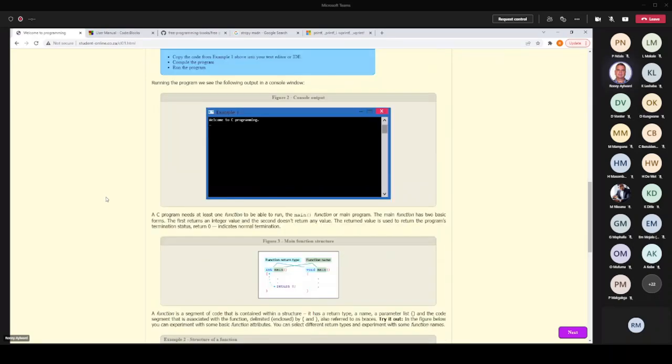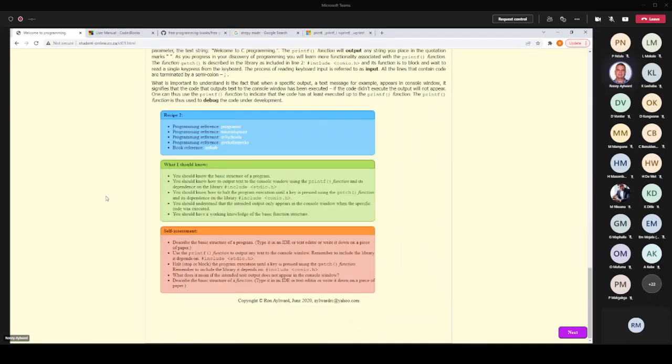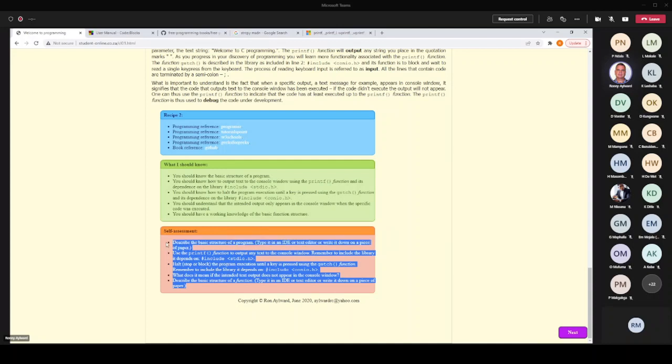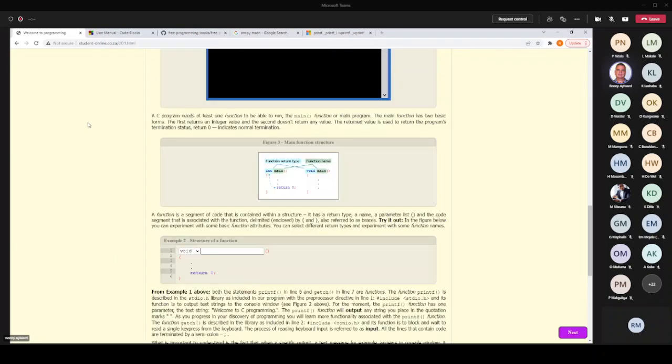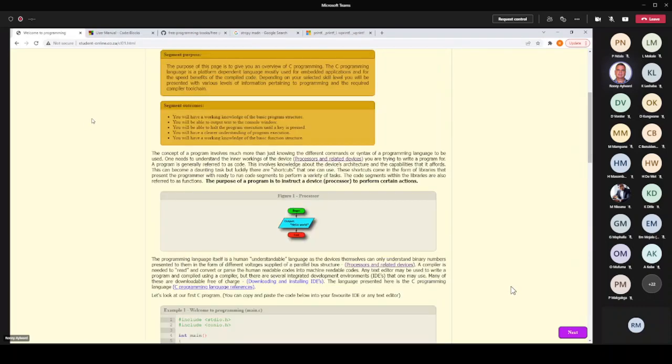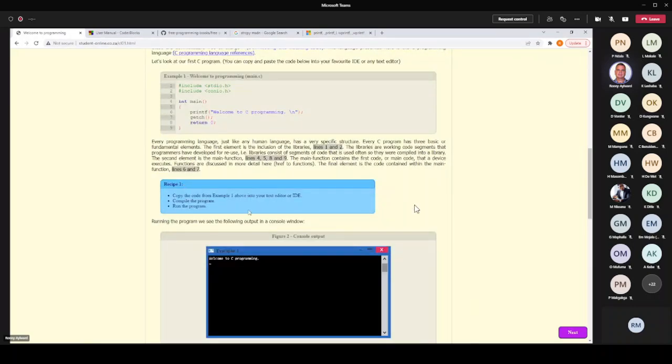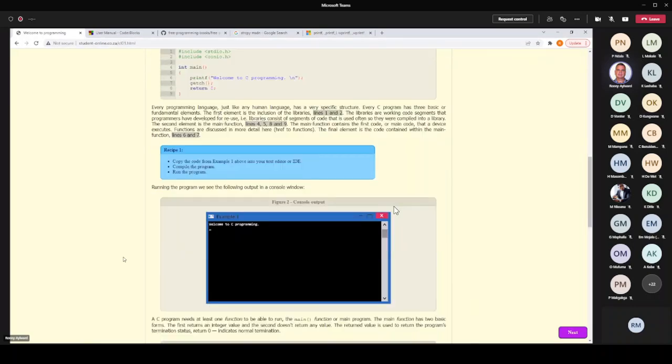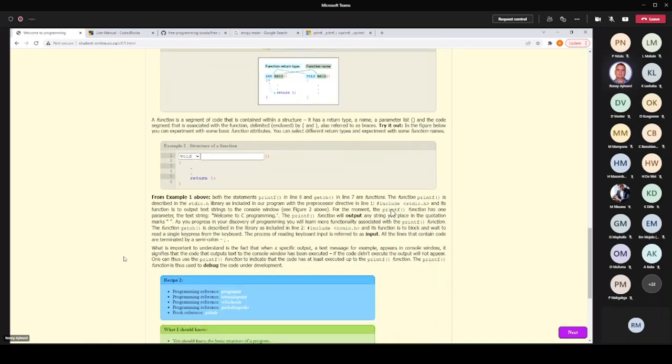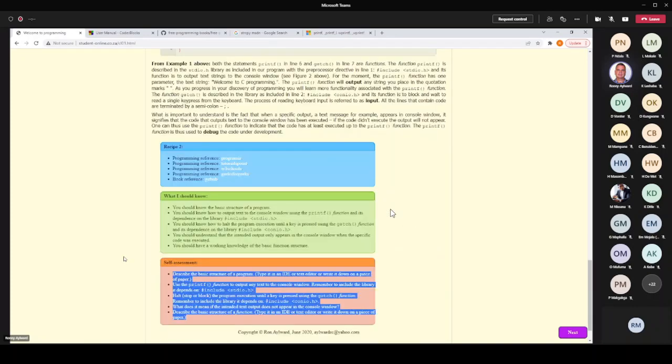Then in terms of exercises and so on, other than what we already do in class, here are some self-assessment things that you can try out. My question to you is, have you tried them out? Have you gone through this page, looked at everything, tried to understand, see how things are working, what the output is going to be, etc., or are you still waiting for things to just happen?